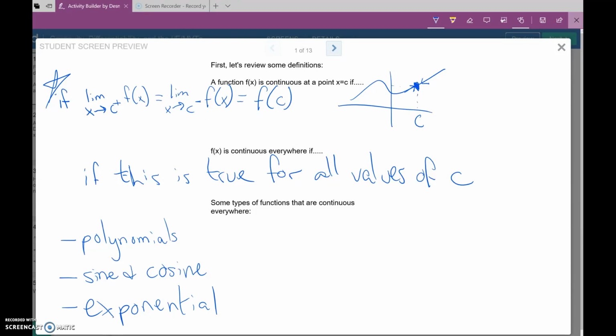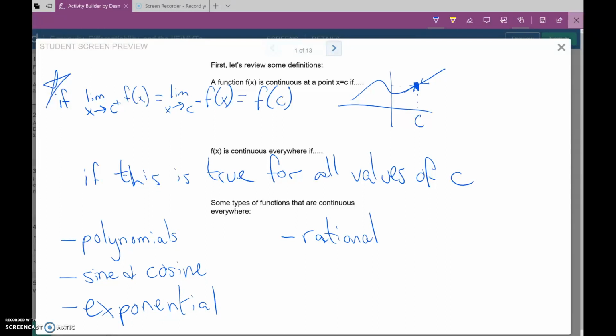There are some functions that are continuous but not necessarily everywhere. So some functions that might be continuous almost everywhere would be rational functions. So rational functions will be continuous everywhere except where they have a hole or vertical asymptote. So if you're looking at a certain interval and there are no holes or asymptotes in that interval, then the function could be continuous in there. And that goes for any function that has a vertical asymptote. Tangent is not continuous everywhere, but it is continuous on some smaller intervals where it doesn't have vertical asymptotes. So basically you're just trying to be careful about